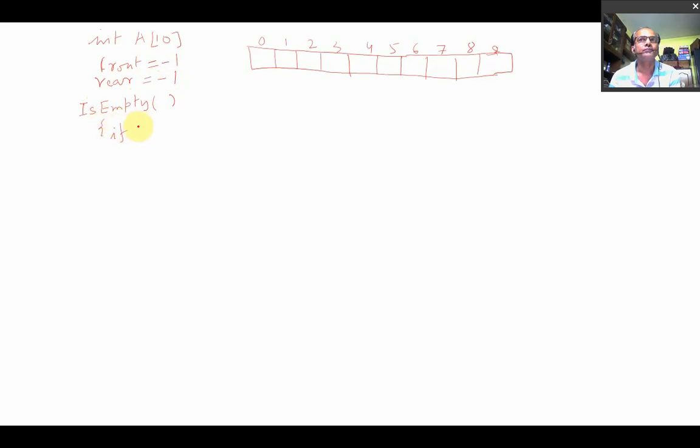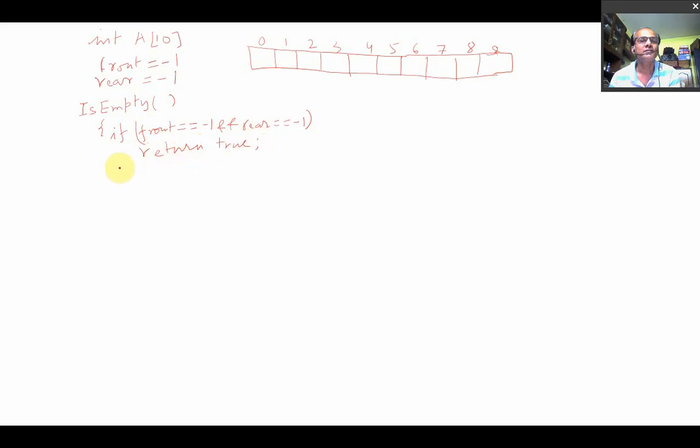If front is equal to -1 and rear is equal to -1, then return true.